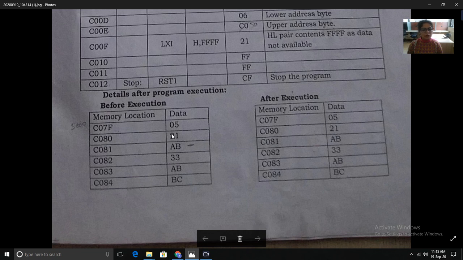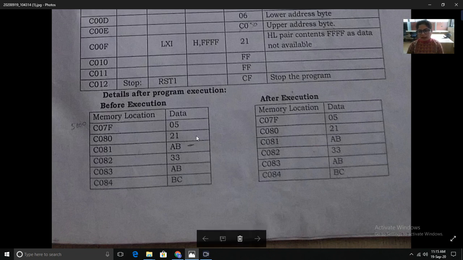Now it will compare the item with 21, item not found. Then it will compare the item with the next memory location, AB, item found. At this memory location the search is complete and successful. At the end, we have to store this memory address, that is 5081, in the HL register pair. So this is the program.